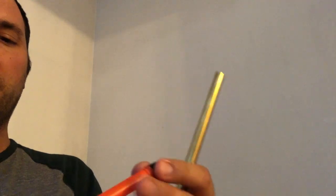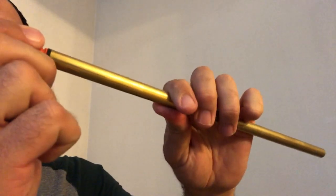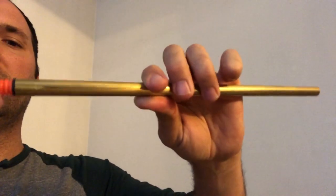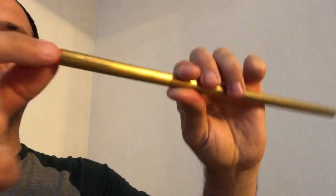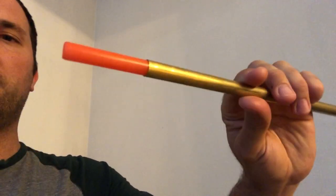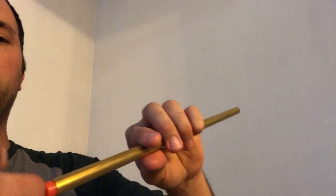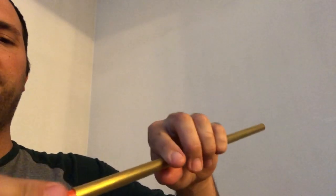So here are some more interesting facts about the new darts. Let's do a comparison fitting into 7/16 brass. Here's the old dart. You can barely even squeeze the head of the old dart into the brass. The new dart goes in there. There's still quite a bit of rubbing when you push it in, but I feel as though